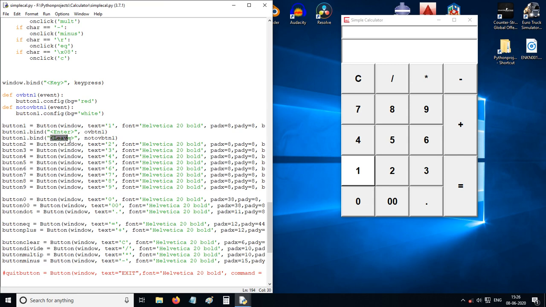Whenever the mouse leaves the area, this function will be called. When I enter this area on button 1, this will get executed and the background color configuration will turn red.